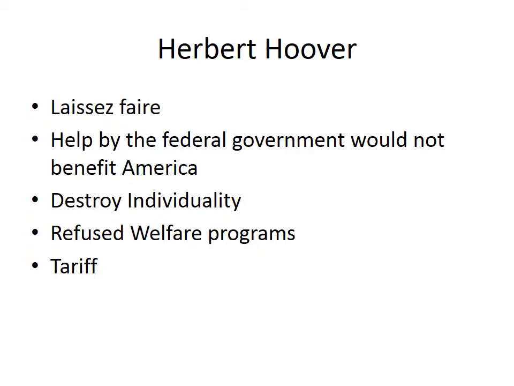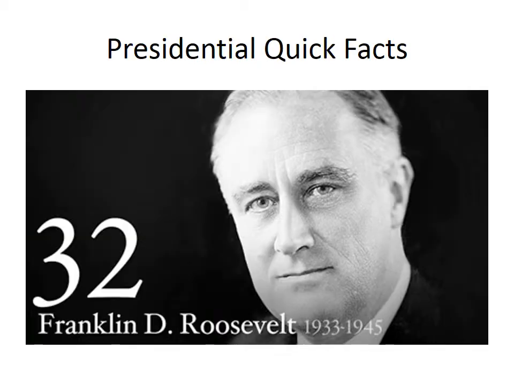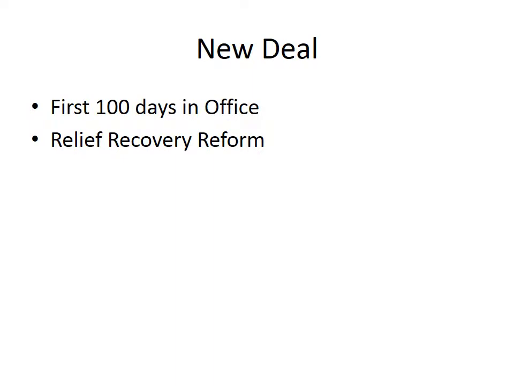So you need to know that at the beginning of the Great Depression, you have the continuation of a conservative economic policy, and then as the Depression worsens, you're going to get FDR, and he's going to implement a ton of government interventions in his first 100 days in office. He's going to implement the New Deal, which is a much more government-intervention, liberal policy towards dealing with the Depression. So we're going to look at both sides of this.